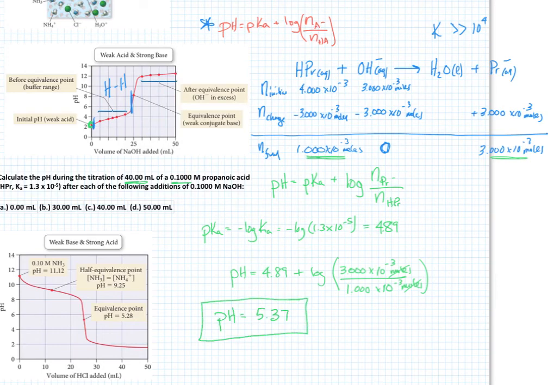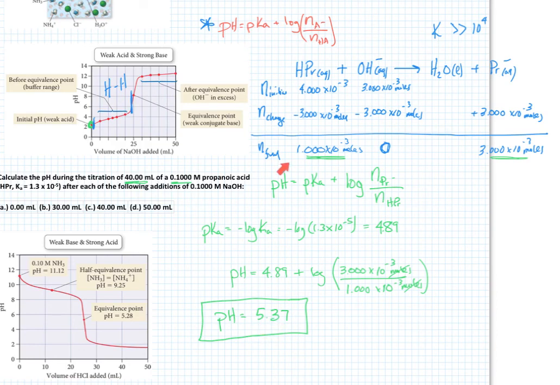All right, so we're in the middle of the buffer region. It has now increased some, up to about 5. Now, remember, this curve is not specifically for this reaction. This is a generic curve showing a weak acid, strong base case. But you see, we started this reaction originally at 2.94, and now after we have added 30 milliliters of base, that's part B of this problem, the pH is now 5.37. We have not reached the equivalence point yet, but we're in the middle of this buffer region,